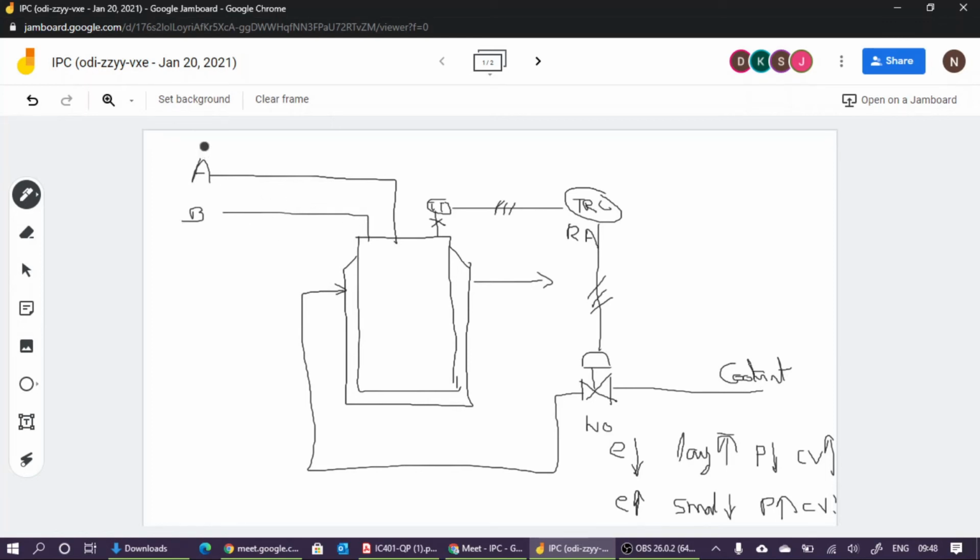Now we have to maintain the flow rate of one feed by using the flow rate of the other. So here we are trying to follow feed A. Feed B is following feed A, which means the feed A flow rate is measured. So this is the feed A flow rate. Okay. Now here the feed B flow rate is measured. This is FT. Okay. Now by using this FT, here we have a flow controller, FRC or FC,